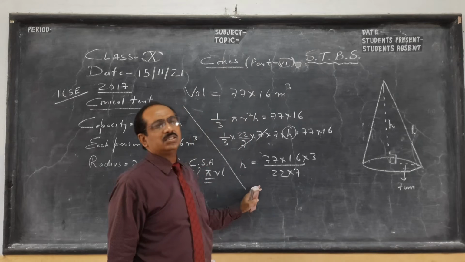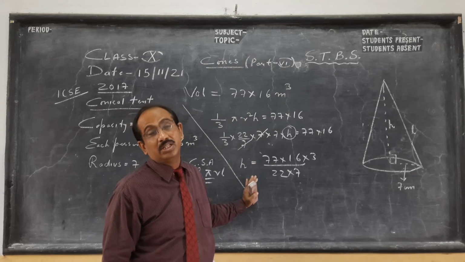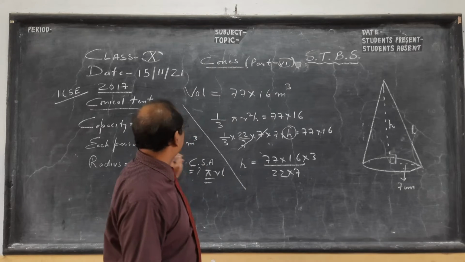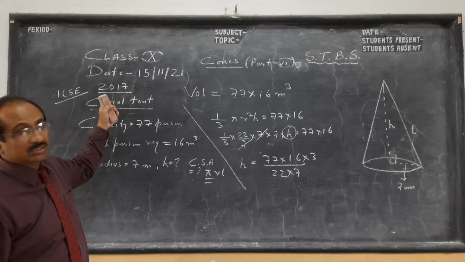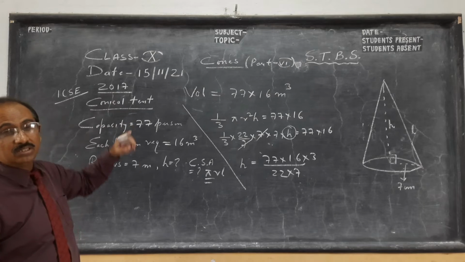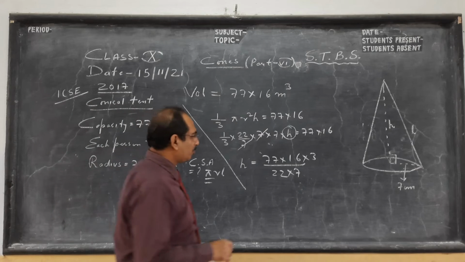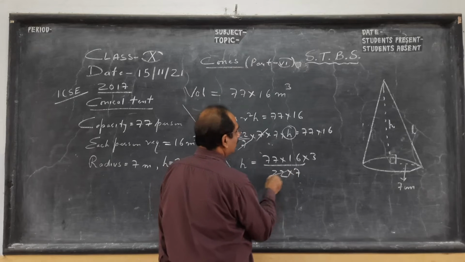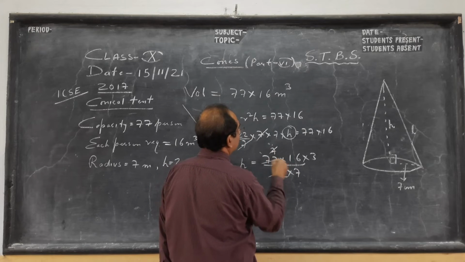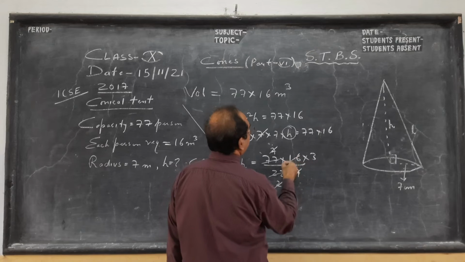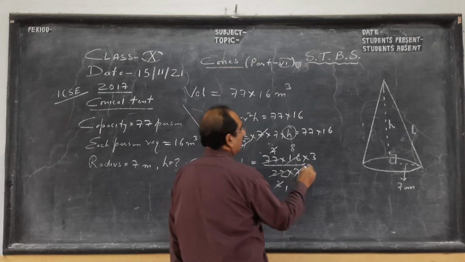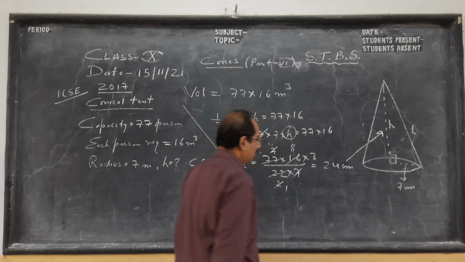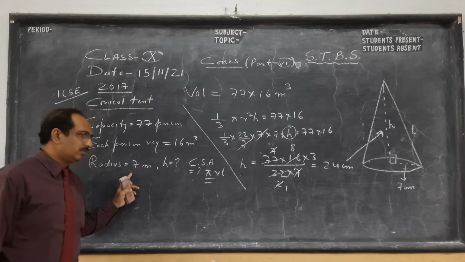See, in ICSE generally the calculations are very easy. But in some questions, like the last question which I will be doing, of 2006, I think I did 2008, then 2017, then 2006, problem solving will be a little tough. So here 11 2s are 22, 11 7s are 77, 7 7 cancels, 8 3s are 24 meter is the height. So the first thing we have solved.